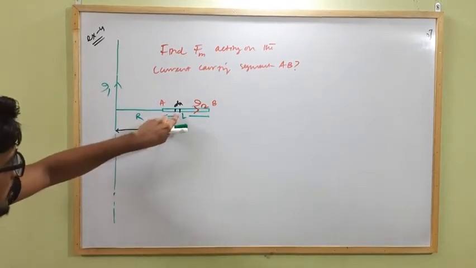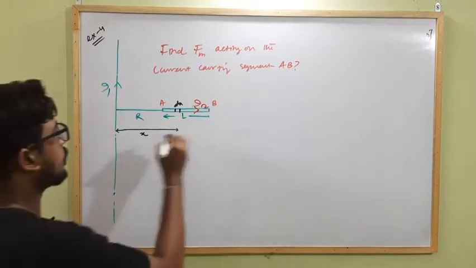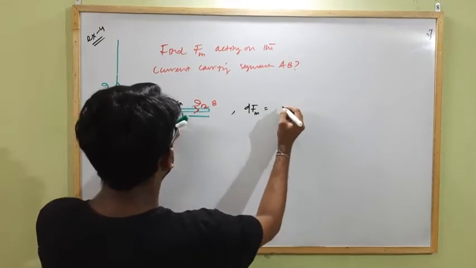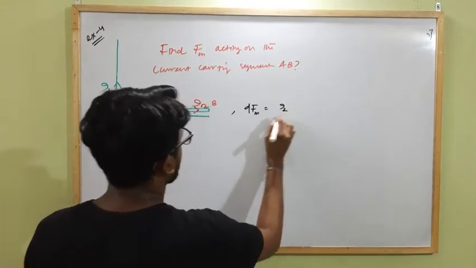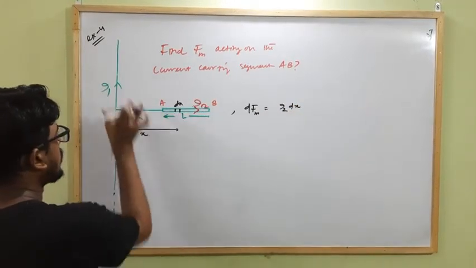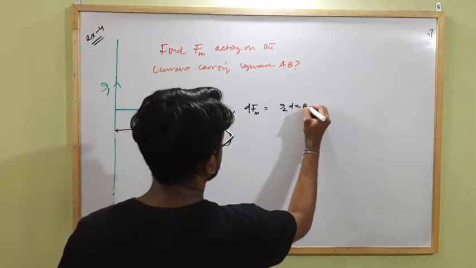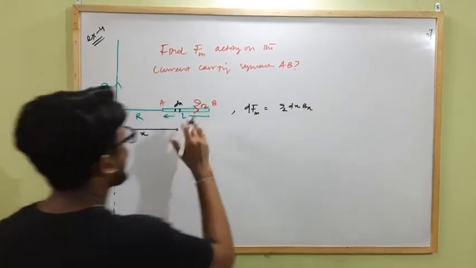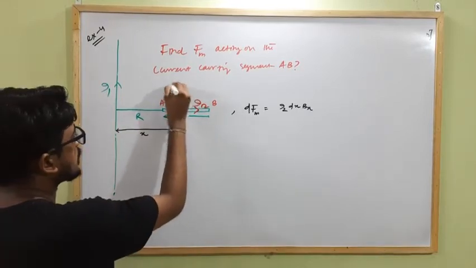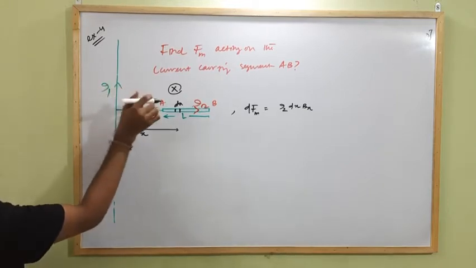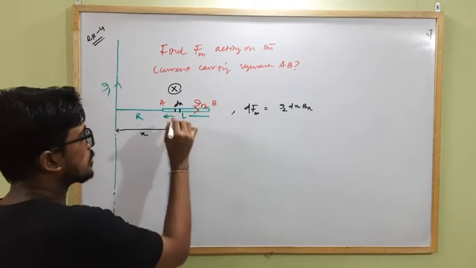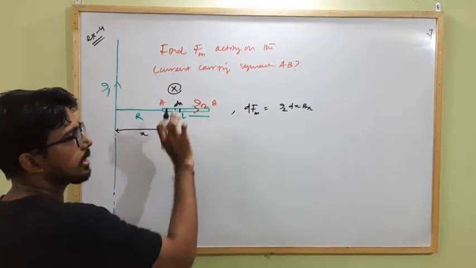So for this small segment dx, what is the value of force? dFm equals the current flowing through this small segment, which is I2. What is the length? The length is dx. The magnetic field strength at this position due to I1 will be, let it be B1 or B at x, and the magnetic field is into the plane. At each and every point the magnetic field strength is into the plane, because current is flowing upwards, so due to this current carrying conductor at each and every point the magnetic field is into the plane, and current is along this direction, so the L vector is along this horizontal direction, so the angle will be 90.